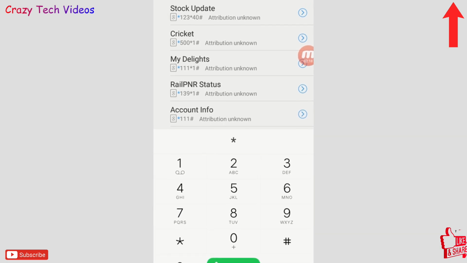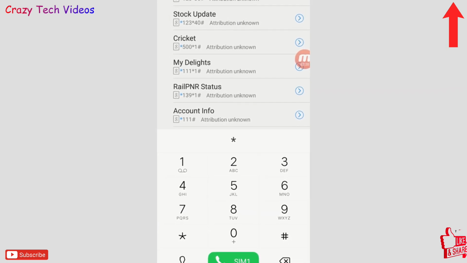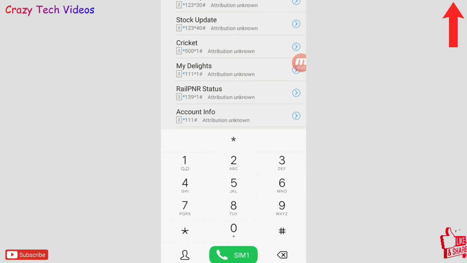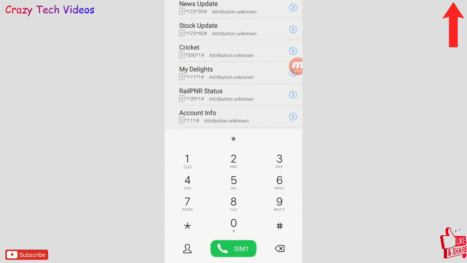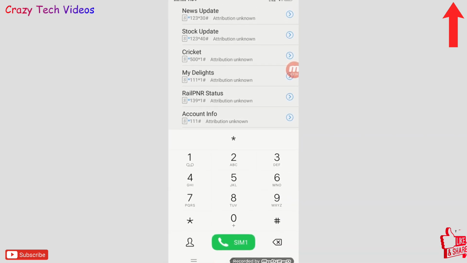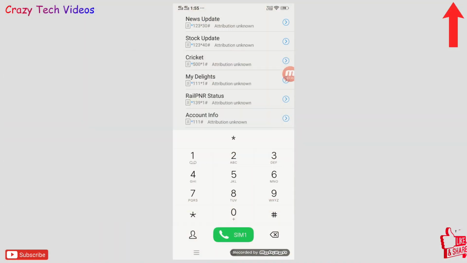The best part is you are able to make calls to anyone, you can use your internet, everything can be done, but you won't be receiving any call on your phone number. They will hear on their phone that this is a wrong number. This trick really helps you if you're going to be very busy on your phone for a long time.